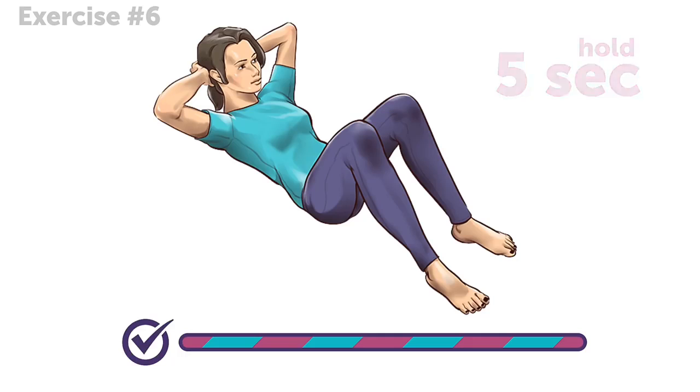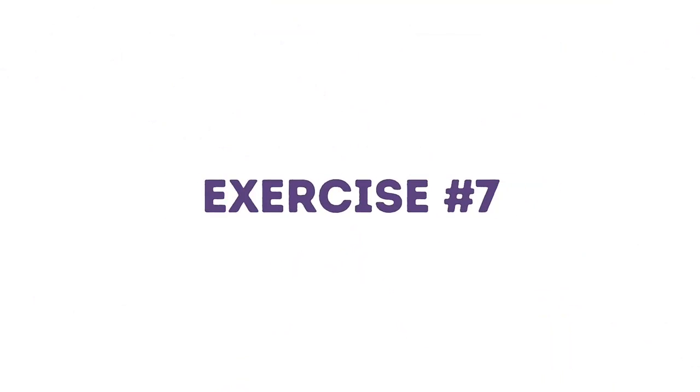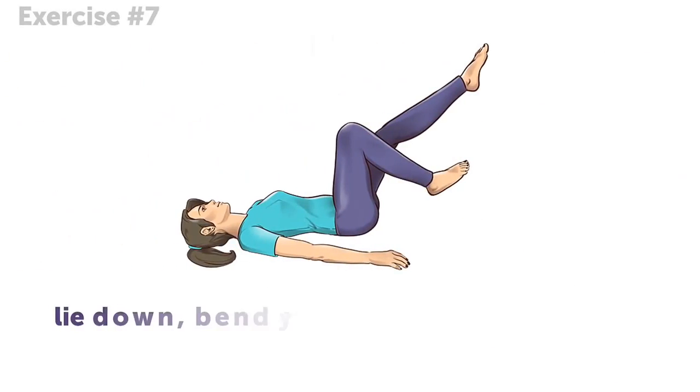And stop. How are you feeling? Props to you for coming this far. And the final exercise awaits. Exercise 7. Lie down, bend your